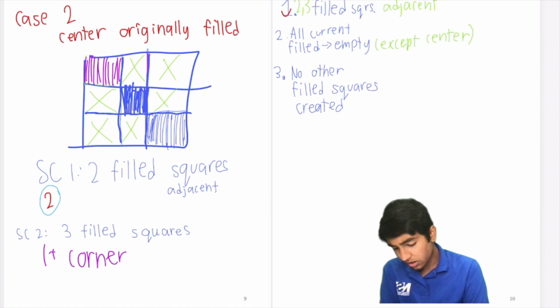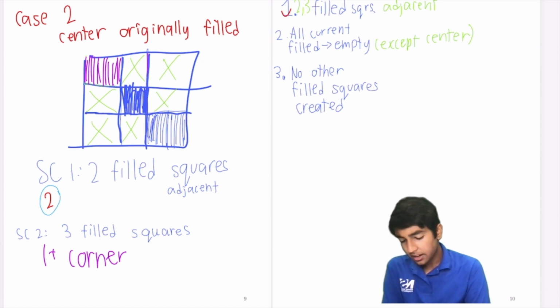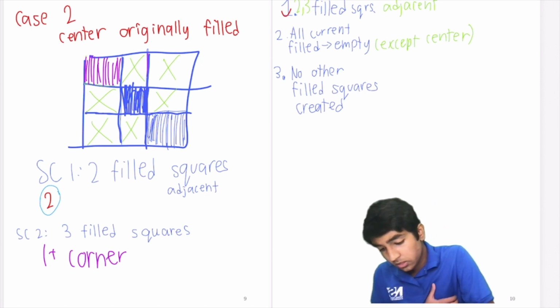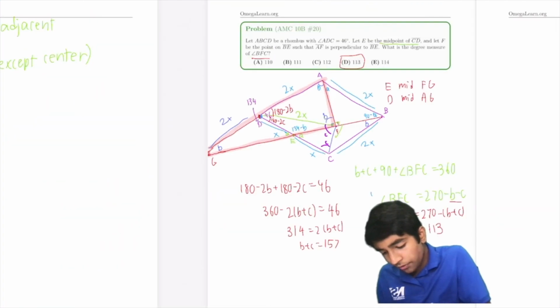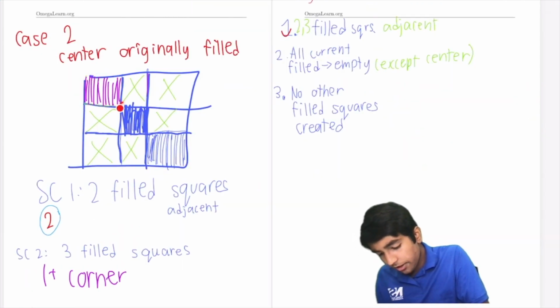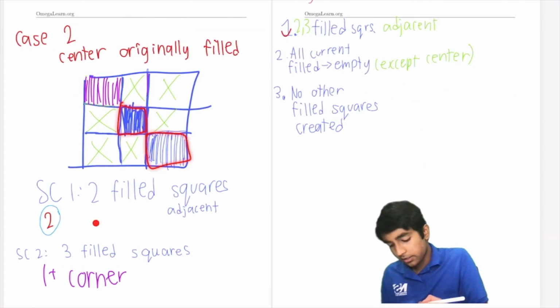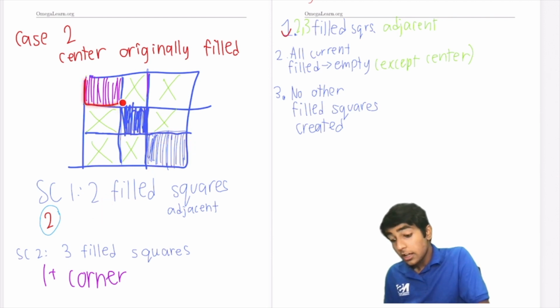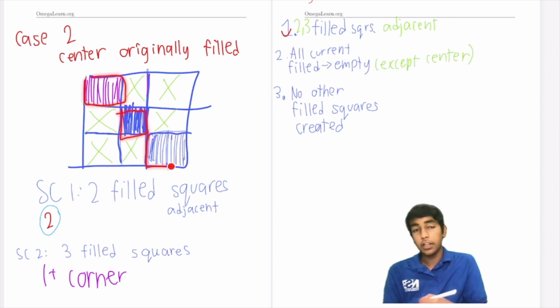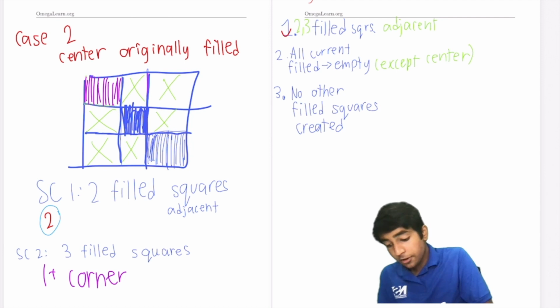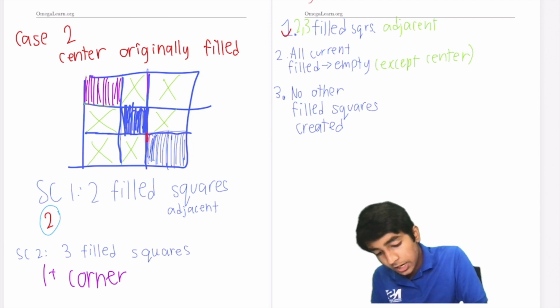So the key thing, wait, notice how this is already the case with 2 filled squares. This is not 3 filled squares. So yes, this does work like we found earlier, but